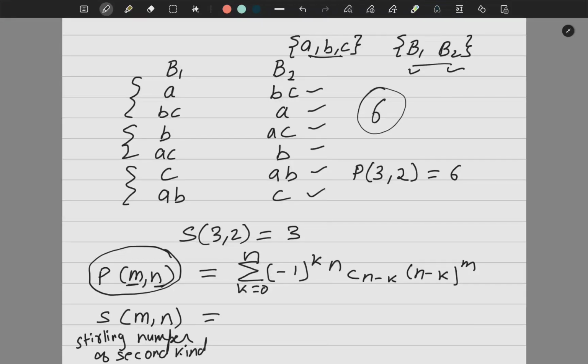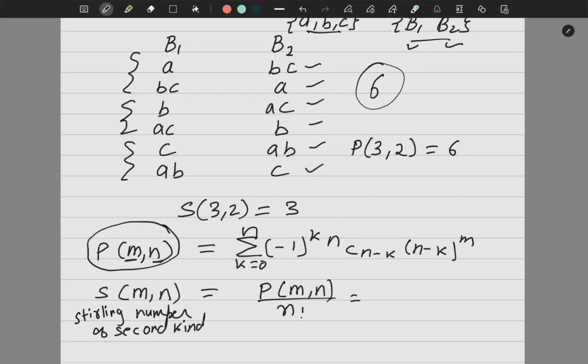When you study functions and relations, I will be relating this Stirling number to the number of onto mappings. So right now we will just understand the meaning of the Stirling number. Later on we will connect it to relations and functions, onto mapping especially. Now S(M,N) is nothing but P(M,N) upon n factorial. So the same formula you can write and just divide it by n factorial.